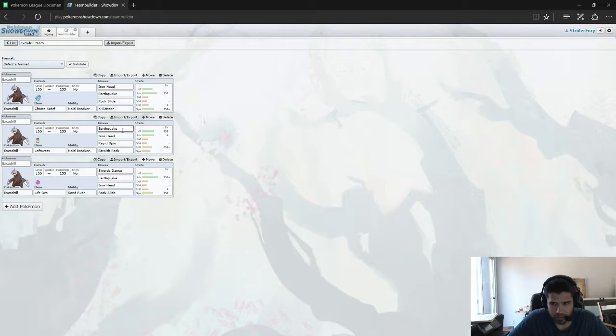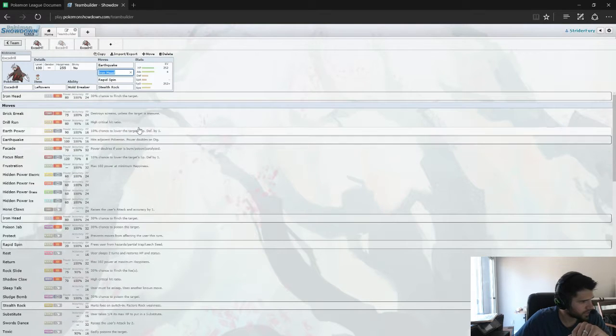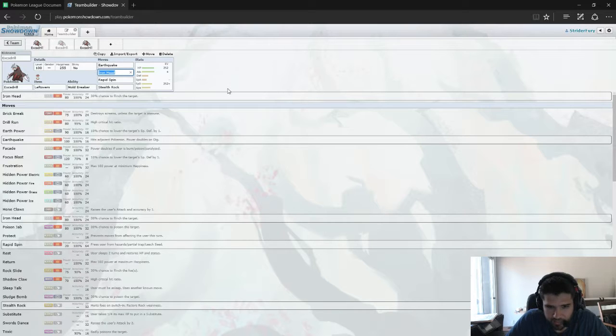Two roles that are usually filled on teams are a Rapid Spinner and a Stealth Rocker. You can see over here that this Pokemon actually fills both. It is able to Rapid Spin as well as set up Stealth Rocks. This means that in some ways he's filling multiple roles on your team, as he is your spinner and your stealth rocker. It frees up other mons on your team to do other things. So instead of saying, well, I need one Pokemon to be my rapid spinner, one Pokemon to be my stealth rocker,